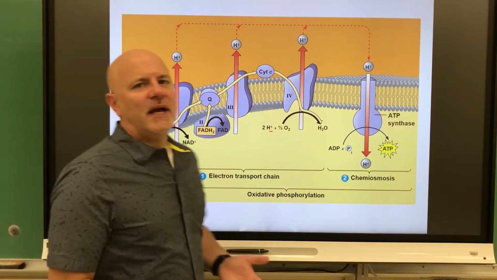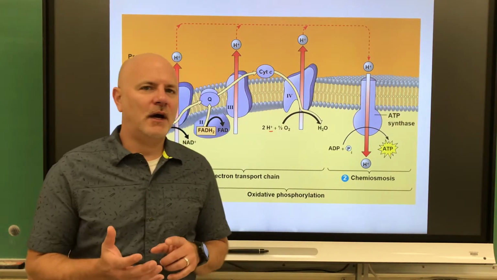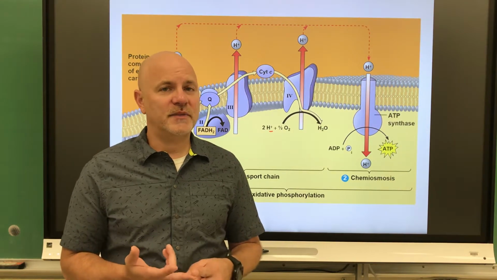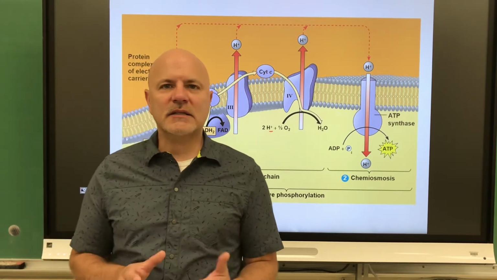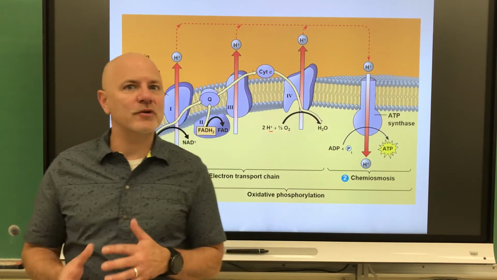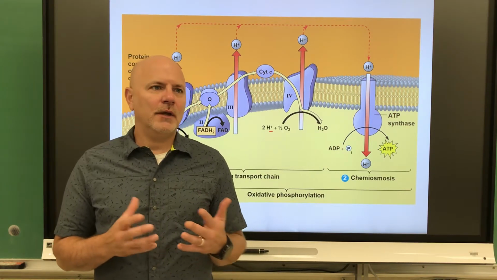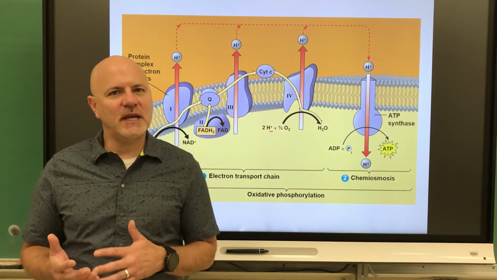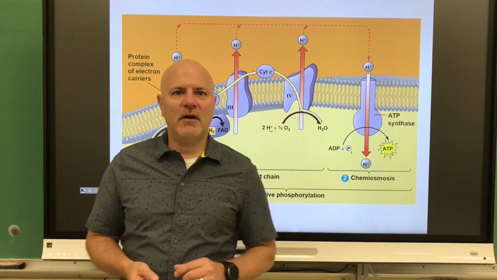Okay, so let's look at the last part of aerobic respiration. So we've already looked at the glycolysis, transition reaction, and the citric acid cycle or Krebs cycle. So the last part here is called oxidative phosphorylation. And oxidative phosphorylation is going to make the most ATP. So those other parts made only combined 4 ATP. So this is where we're going to make most of the ATP, so 26 to 28 ATP out of oxidative